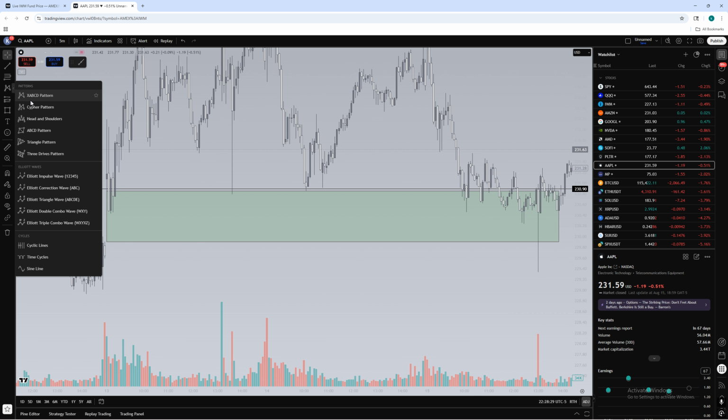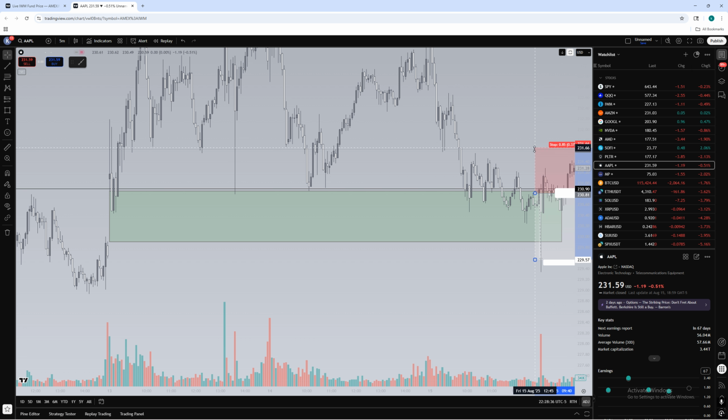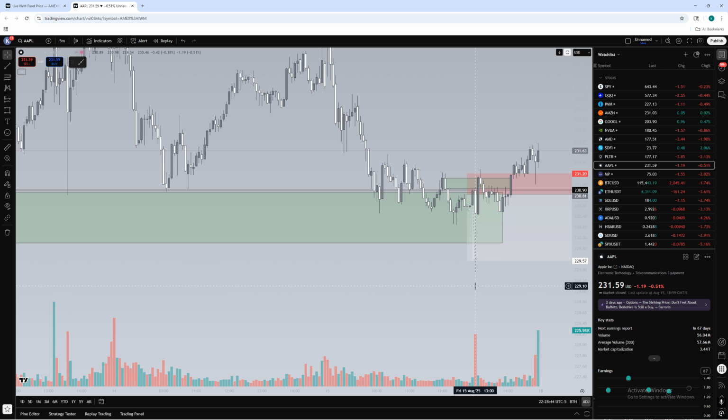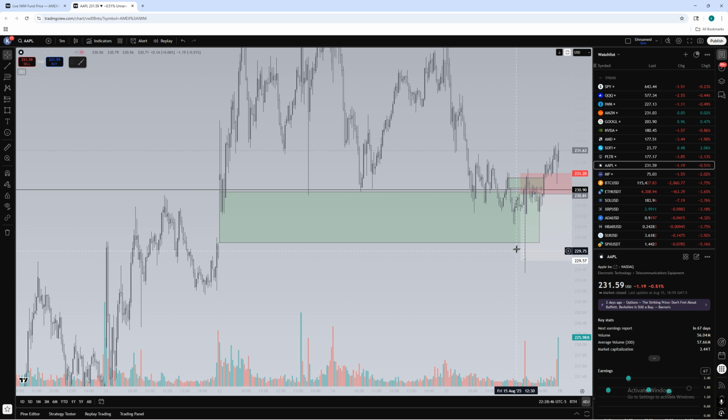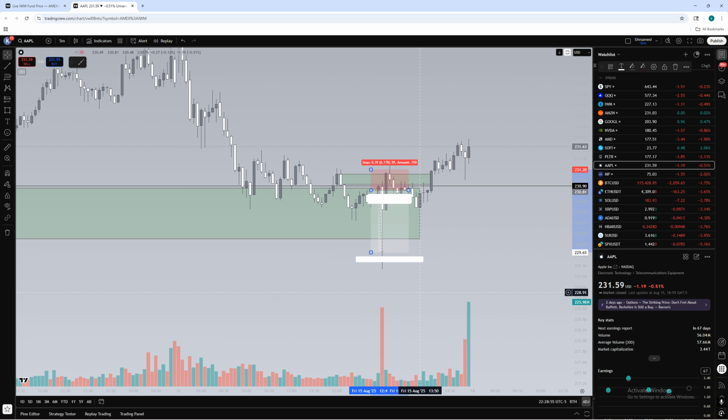All I did was mark that. We had our retracement back into it. I put my stop loss at the order block. Why? Because that's what I felt like doing. You know what I'm saying? And then this is technically the bottom of the gap here. And this trade was really fast,